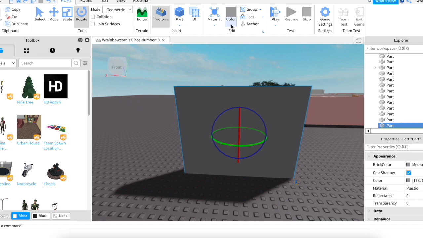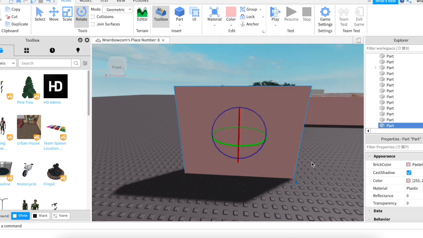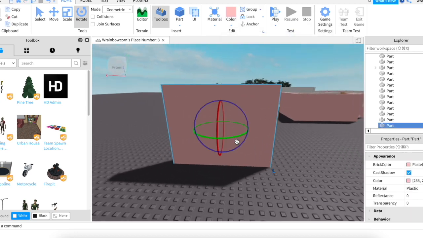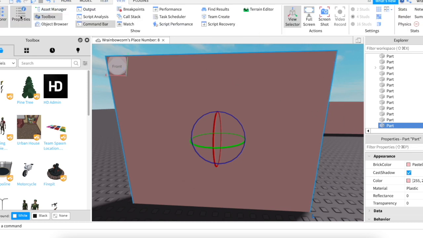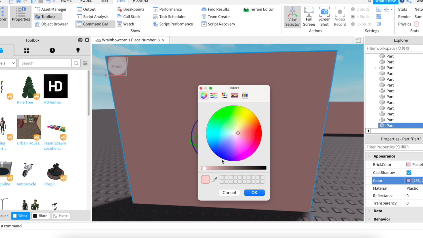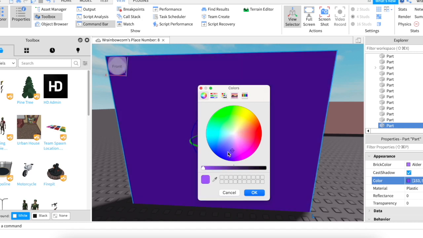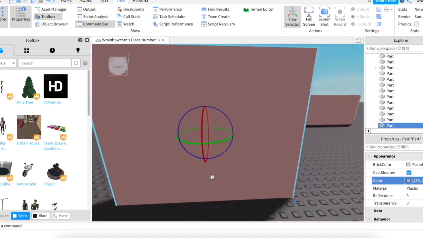Now there's something else that you can do. You can go up to color at the top, click the little arrow, and then there is a bunch of color selections right here. So let's say you want this pink, you click it and it gives you a pink color. And you can also make custom colors by getting the properties tab right here. If you don't already have this, go to view and click properties right there, and it should pop up right over here. You're going to click color, and then you have this little viewfinder right here, and you can customize the color, and you can basically do any color in here. I'm just going to cancel because I already like this color a lot.